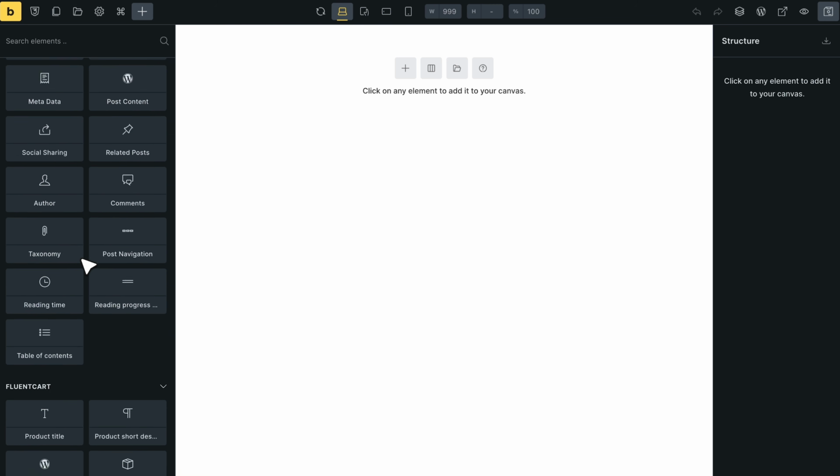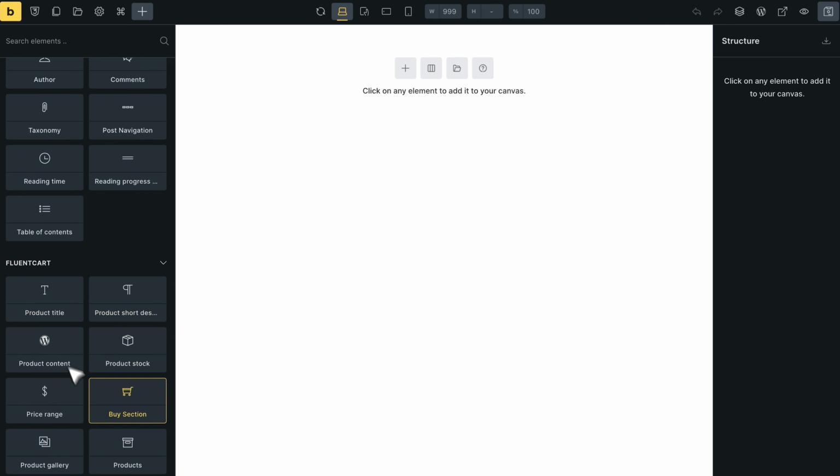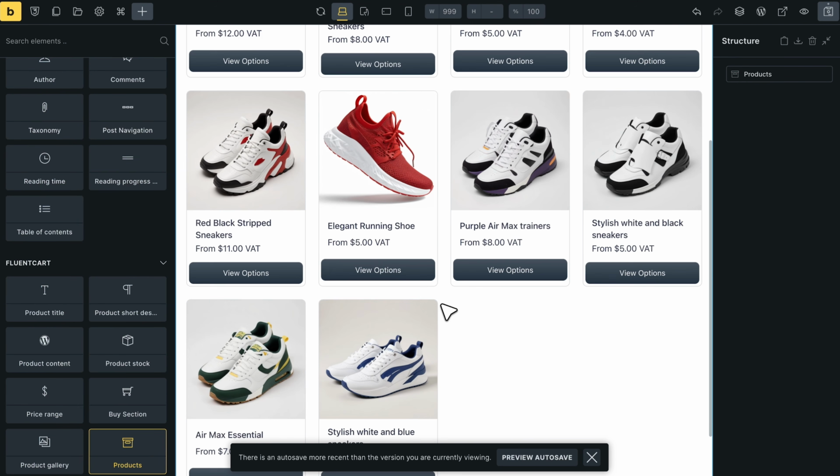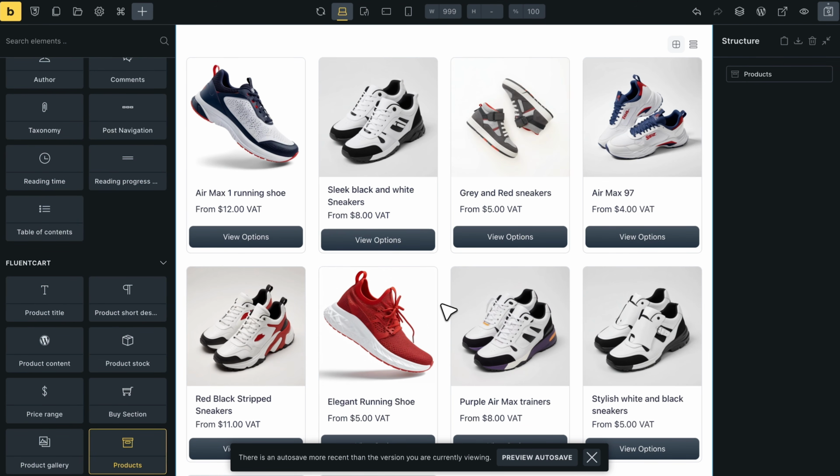Inside this panel, scroll down a bit and you will find the FluentCart category. Click on the Products element. As soon as we add this, Bricks places a FluentCart product grid on the page. This grid layout is not just a static design block, it's a functional product display that pulls in products from your store. At this point, the basic shop section is already on the page, but the real value comes from